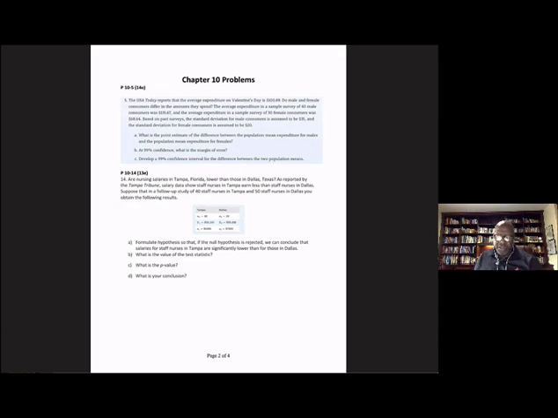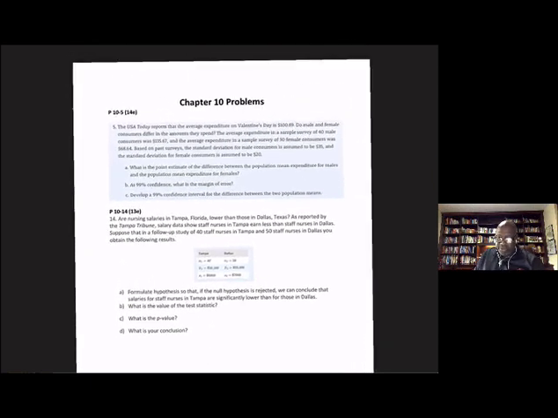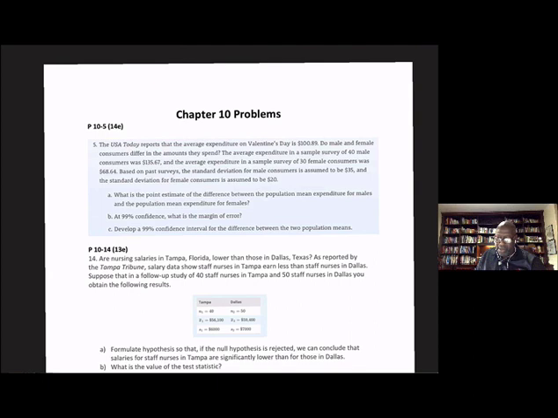The problem I want us to consider is this very first problem right here, and it reads as follows. So let me just expand that a little bit. USA Today reports that the average expenditure on Valentine's Day is $100.89. Do male and female consumers differ in the amounts they spend? The average expenditure in a sample of 40 meals, so that's the value of N right here, 40 meals,